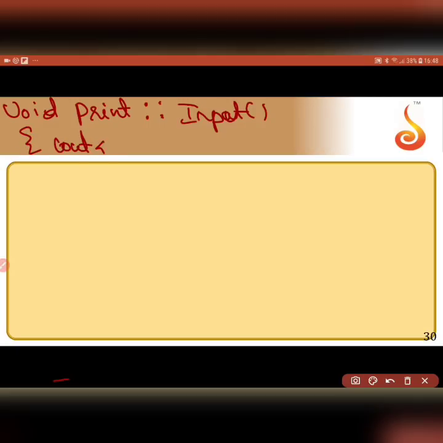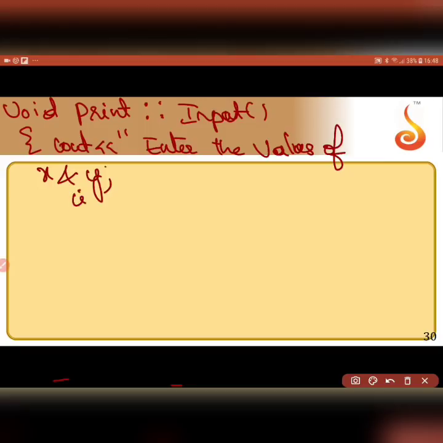Cout, enter the values of x and y. What are x and y? I have already declared them as integer variables. So, I am asking the user to enter the values of x and y: cin x, cin y. This completes my input function.